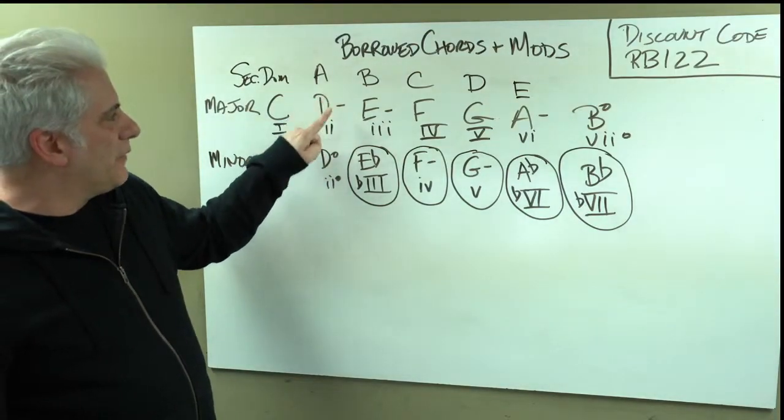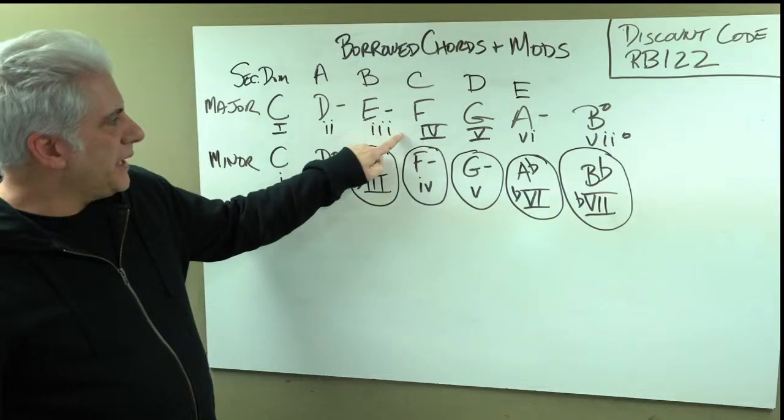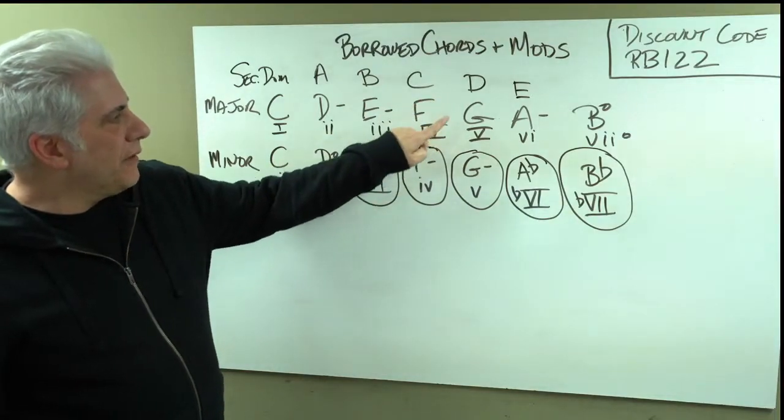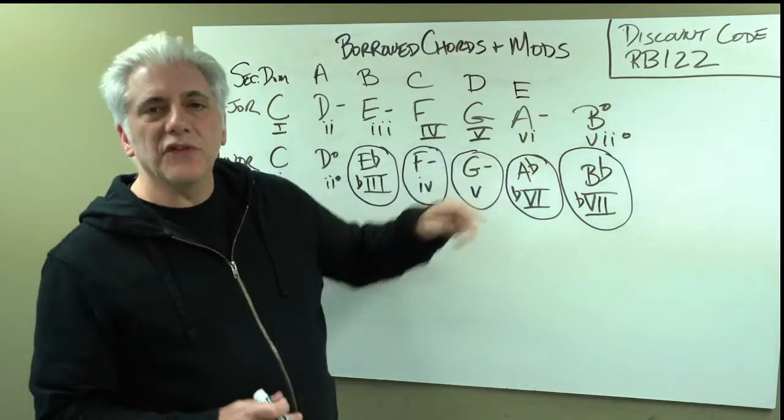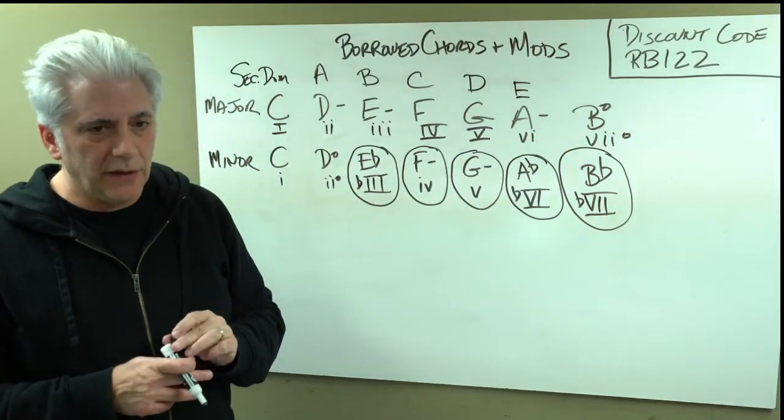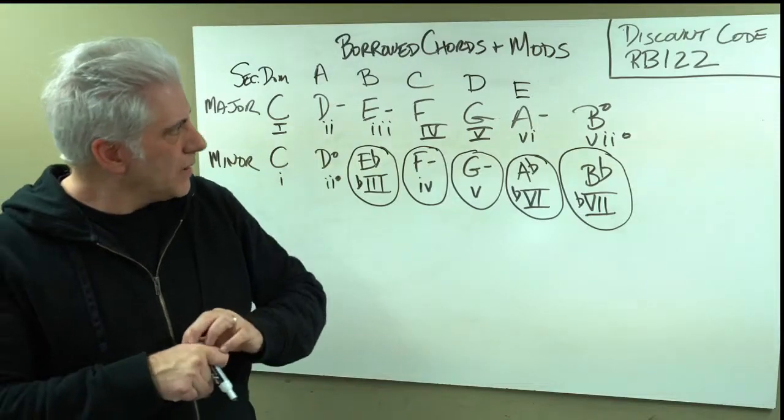So this is 5 of 2, 5 of 3, 5 of 4, 5 of 5, and 5 of 6. The 7th chord does not have a secondary dominant chord. Okay? So, in